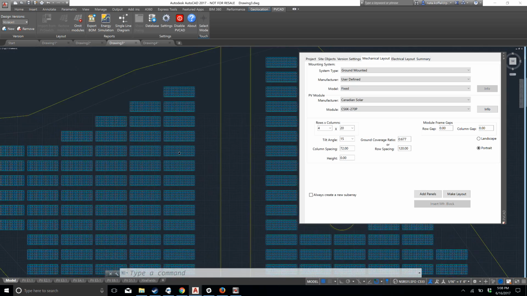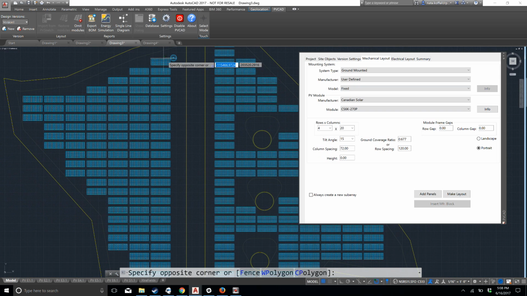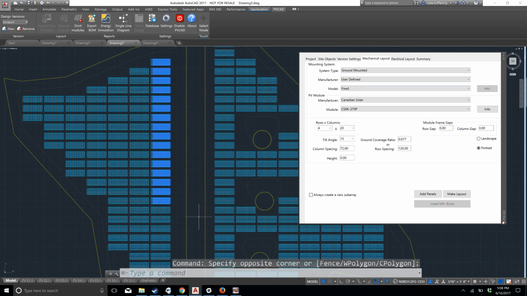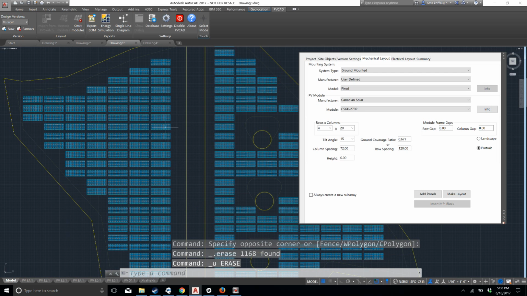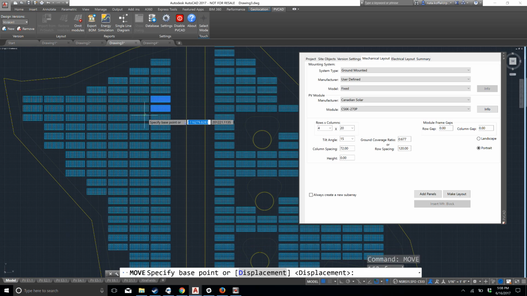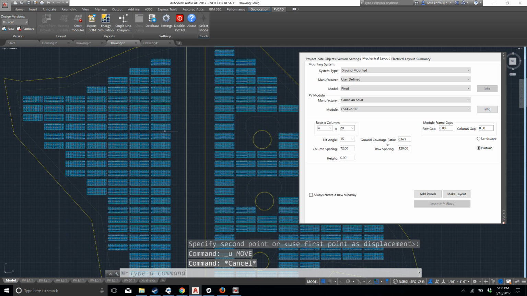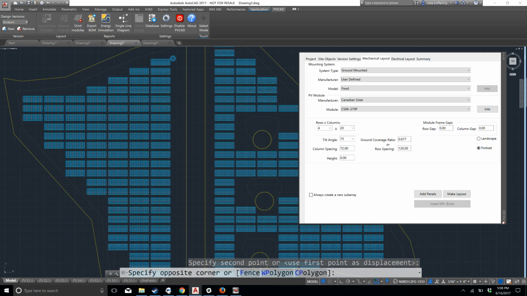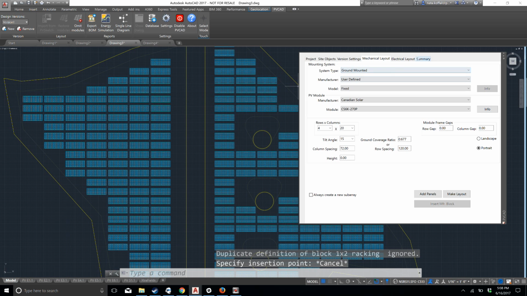It's quite simple. You're going to use your standard AutoCAD commands to delete and remove modules or tables by simply selecting them and pushing delete on your keyboard. You can also move modules by selecting them, use the move command and you can move them. You can copy and paste them if you want to copy and paste. And all of this will be